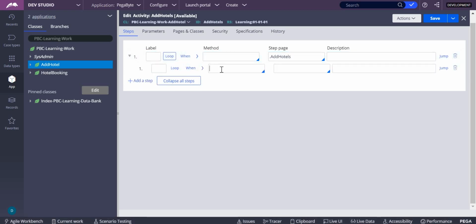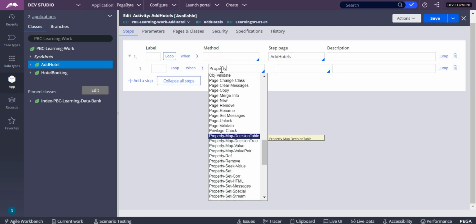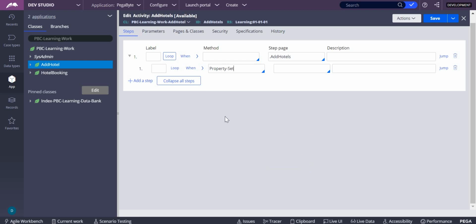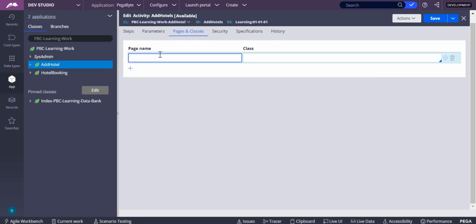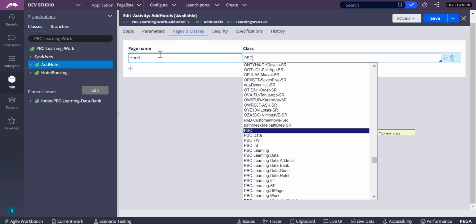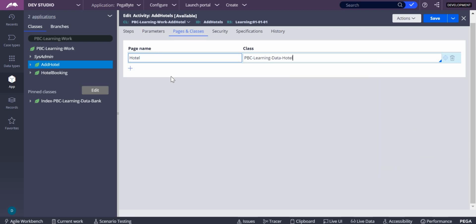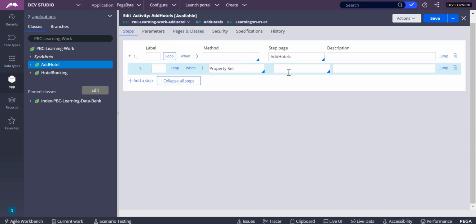In this I'll make property set, but in which class do you want to store it? You want to store it in hotel. So I'll go for pages and classes. I'll write hotel here, and the hotel name will come from like this, pbc hyphen hotel. Okay, now I'll go back to this. So property set hotel.